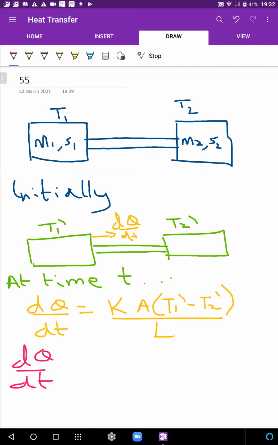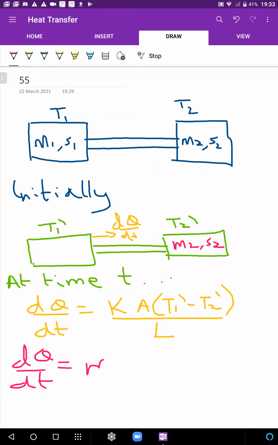The only issue is that the temperature difference is not constant with time. तो इसलिए instead of time में हमने ये equation लिखा. Okay. None of this will change with time. As you can clearly see, K, A, and L, they're all constant. Now, dq by dt is two things. Firstly, dq by dt is the rate at which this guy is getting heated up right now.